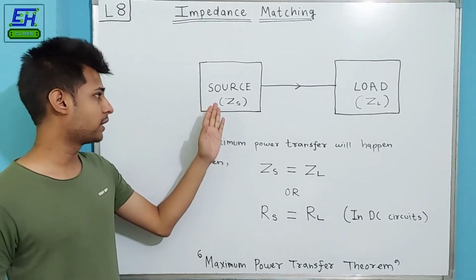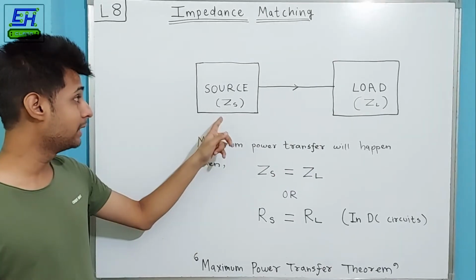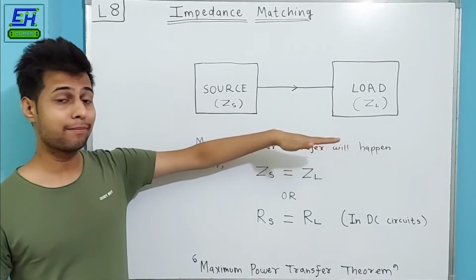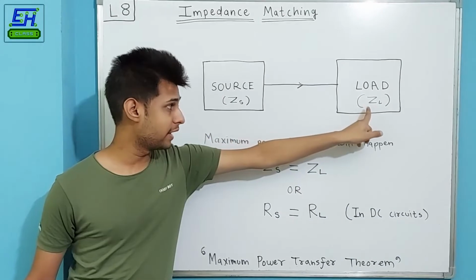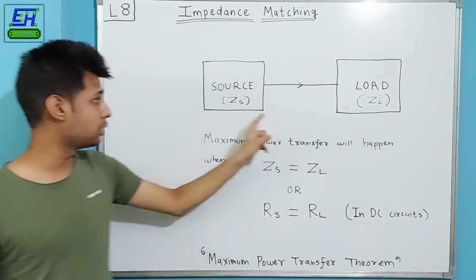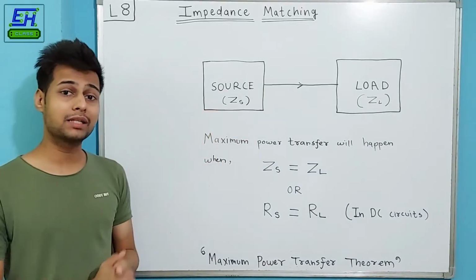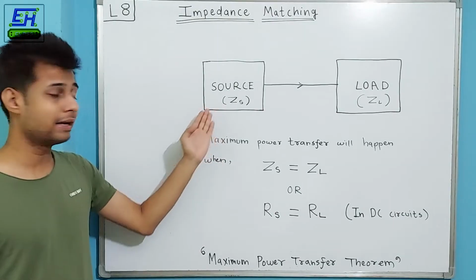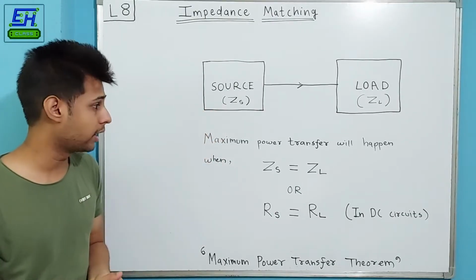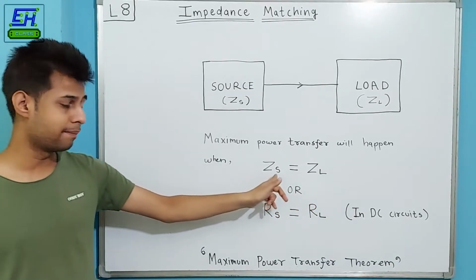For example, if you want to transfer the power from source to load, and if you want the maximum of the power to be delivered from the source to load, then it is important that we equalize both of these impedances. That is, we keep our load impedance ZL equal to our source impedance ZS. Now ZS is basically the internal impedance provided by any source, and almost every source has its own internal impedance, like the battery has. So we have to keep our load impedance ZL equal to our source impedance ZS.